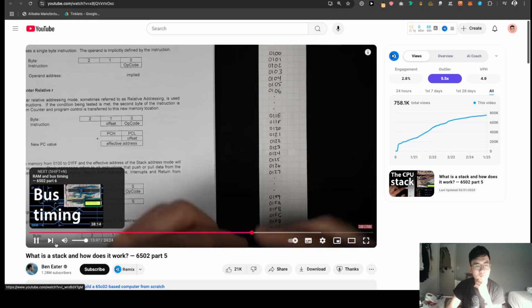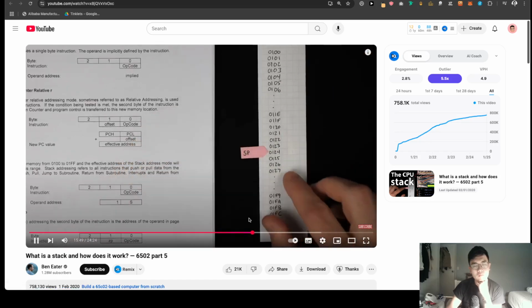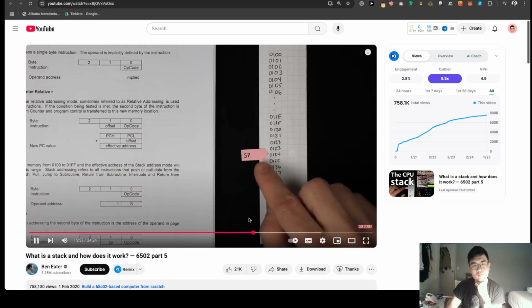And then you've also got a processor register called the stack pointer that is pointing to one of these addresses. So this is actually going to be an 8-bit pointer, but if it has the value of 24, for example,